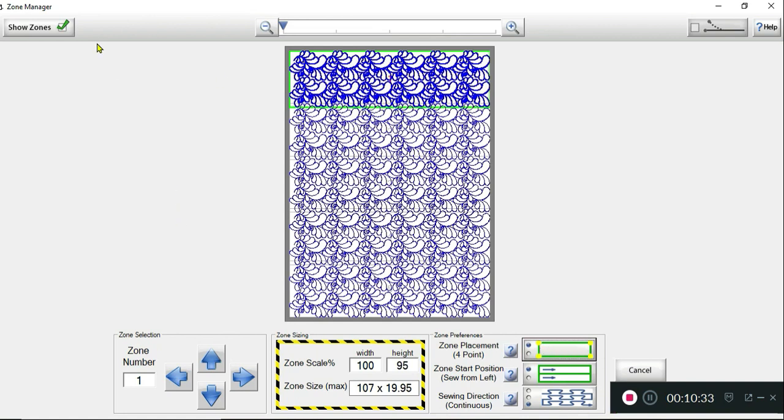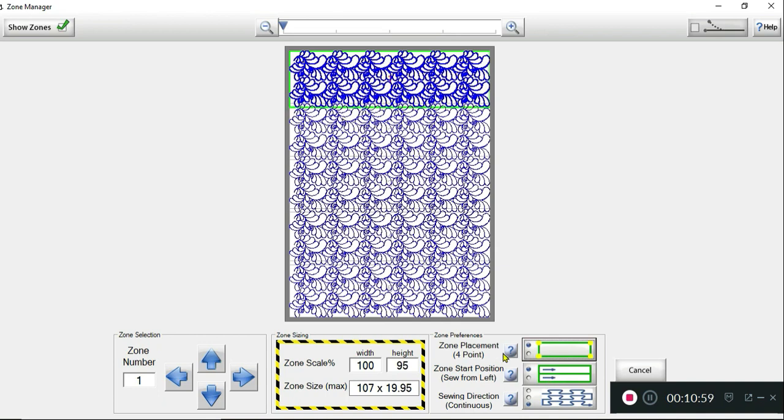At this point you would be not in Zone Manager but in Quilting Interface, and you're able to tell QCT to move to the other corners if you need those marked. Okay, so the next choice down here is Zone Start Position. If you have beginnings, this is grayed out. It's not a choice. When you advance your quilt to do a new zone, it's always going to start stitching